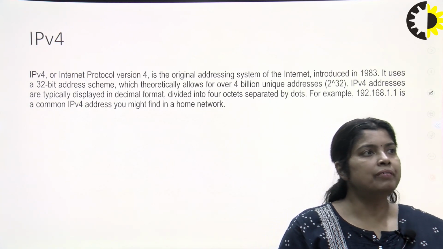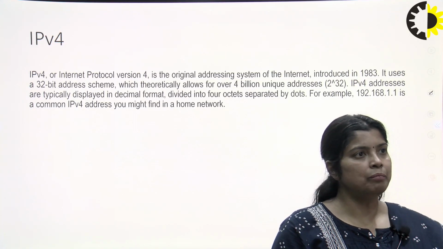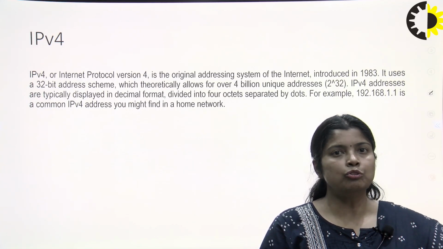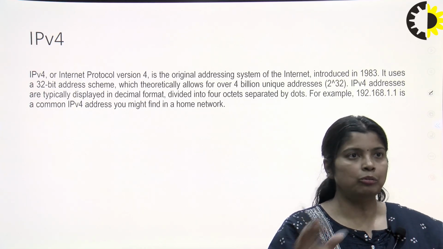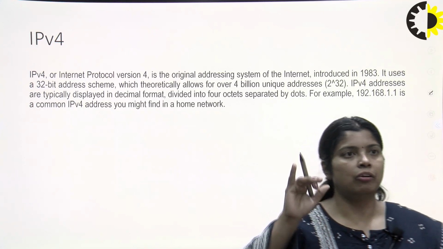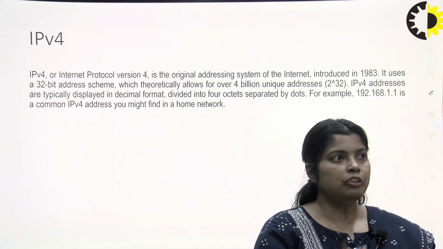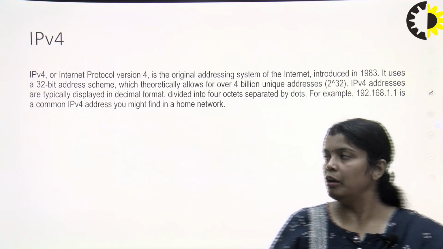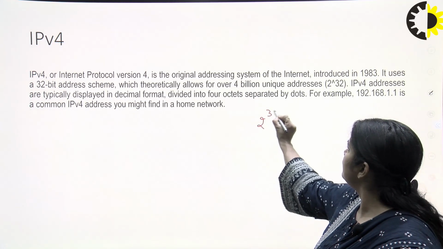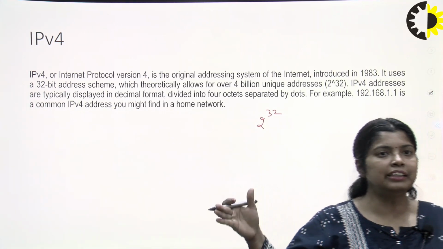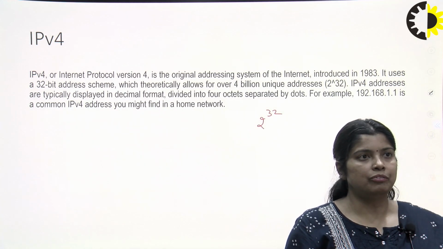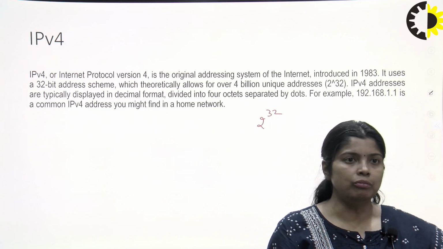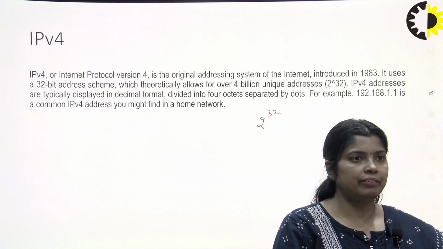And now the IP version 4. IP version 4 is the Internet Protocol version 4. In 1983, it was introduced to identify a particular device or a particular mobile. You are introducing the unique identification of that particular node. It allows approximately 2 to the power 32 users at that moment, because 32 bits is the length of IP version 4. So approximately 4 billion unique addresses we can use